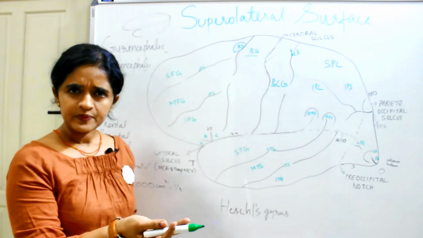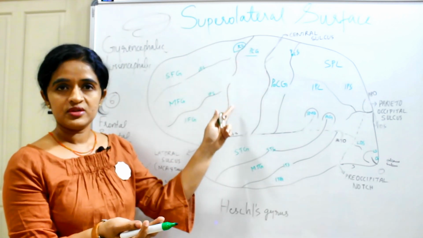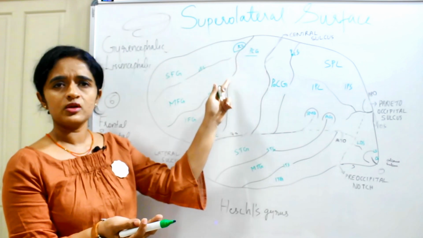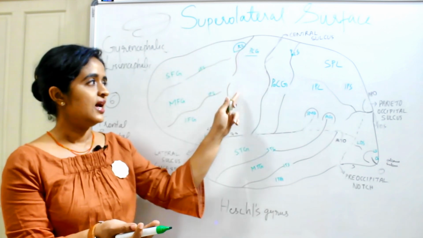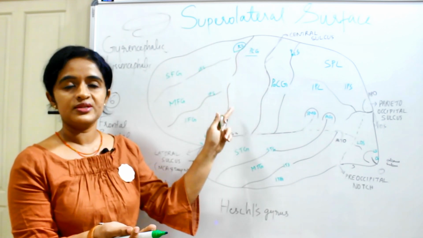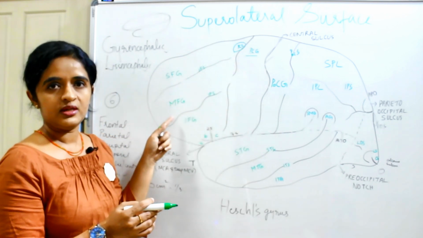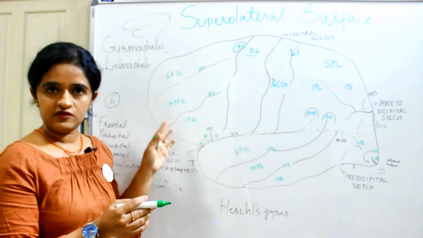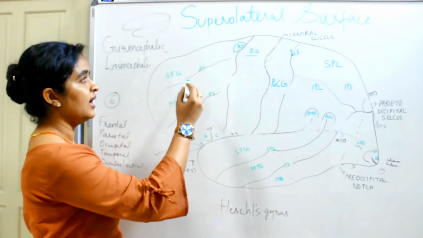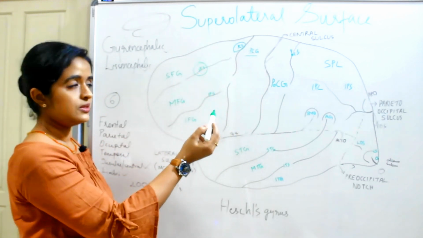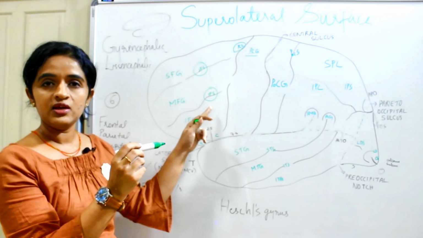So you have the region lying in front of the central sulcus. Parallel to the central sulcus, you have one more sulcus, it is not a continuous sulcus, it is a broken sulcus, and that is known as the precentral sulcus, and the gyrus which is lying between these two sulci, you call the precentral gyrus. Now in front of this precentral sulcus, there is a region in the frontal lobe which is divided by two horizontally lying sulci. They are the superior frontal sulcus and inferior frontal sulcus.